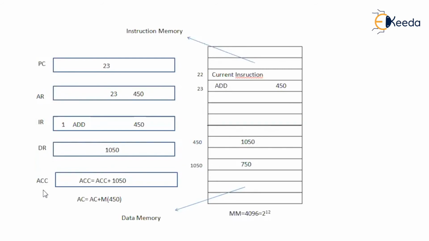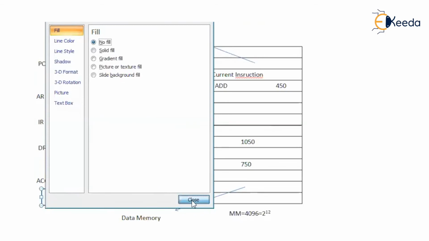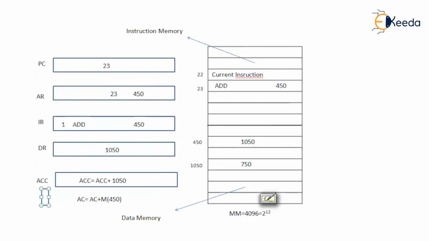For that, what we do is provide one extended accumulator. Every accumulator will be supported by something called an extended accumulator, which is called E. It is going to accommodate any end carry produced by the operation of the ALU. When the accumulator and data register are getting added, if the result is more than 16 digits, then we have a problem. There is a 17th digit. The 17th digit should be accommodated in the extended accumulator.